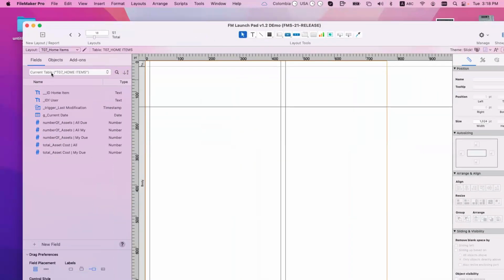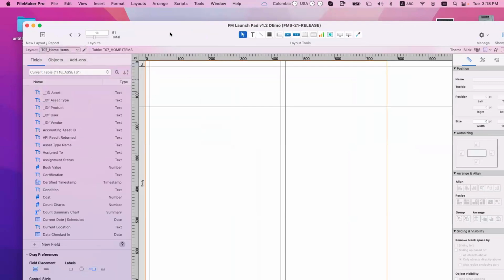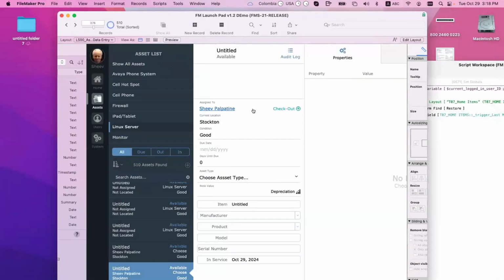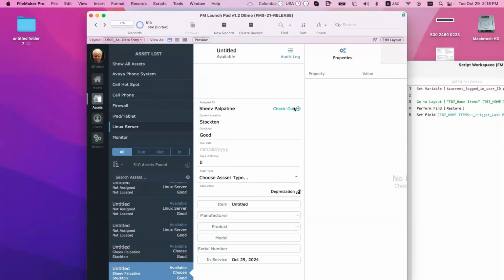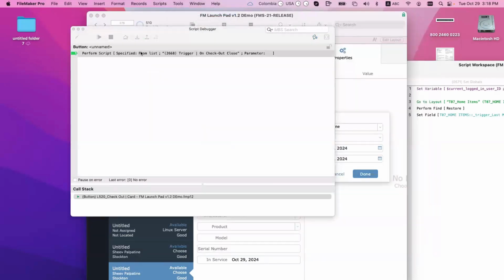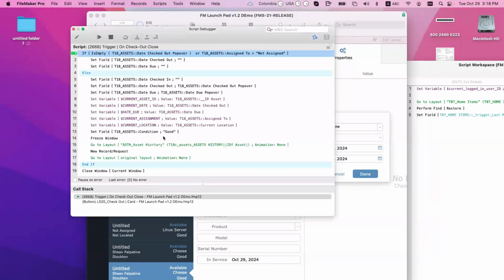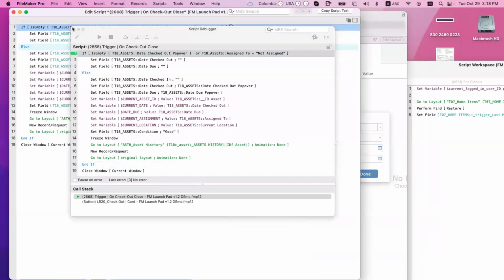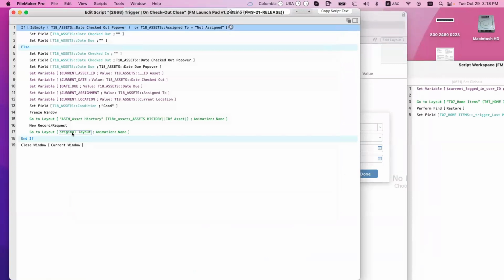So when I am here on the assets, remember I was checking this out, right? And I said done. And here I said I want to update the counts because I did something that is modifying the counts